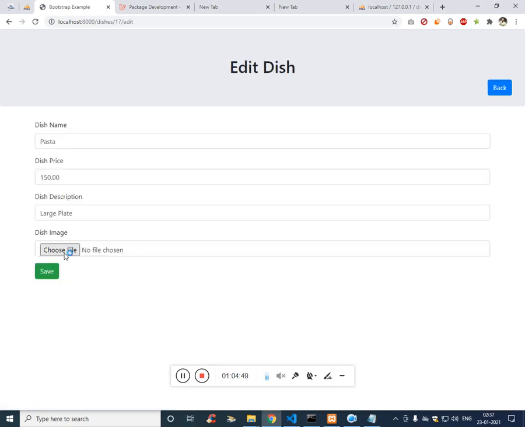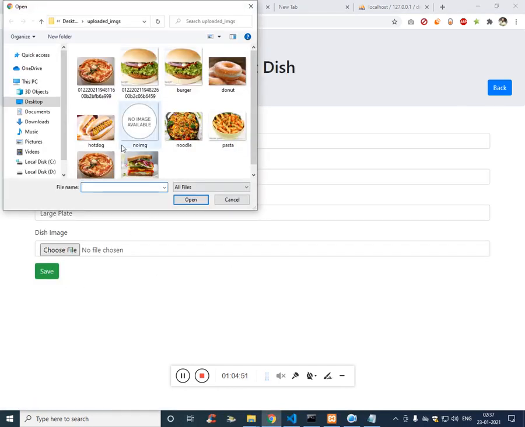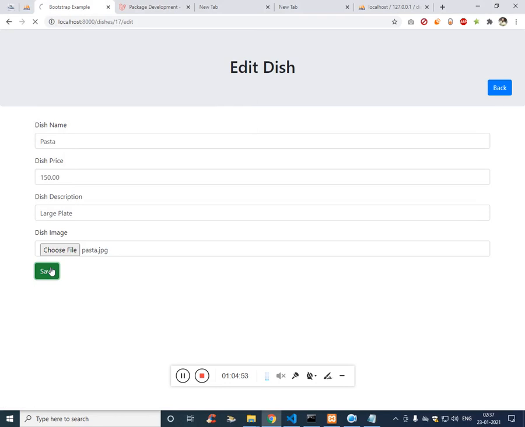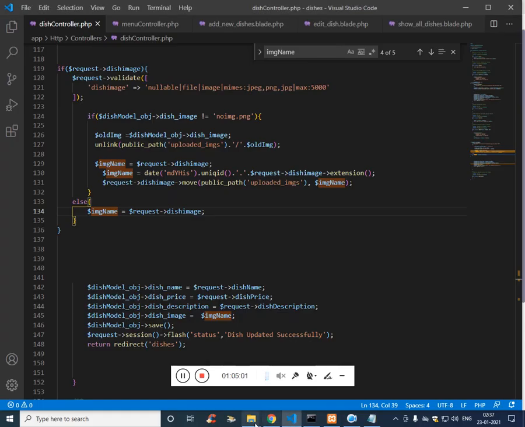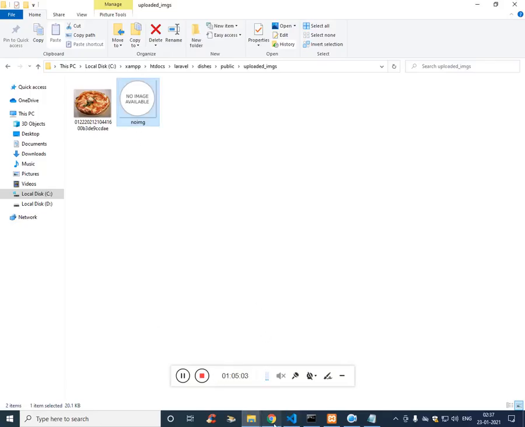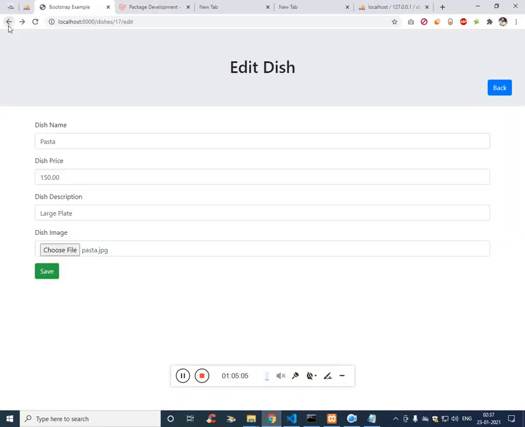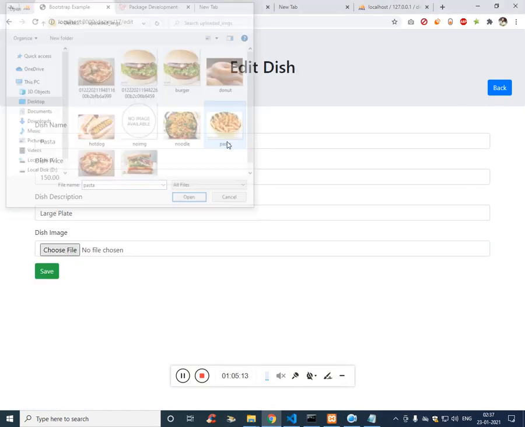Where is pasta? No such file or directory. So let's see, pasta is also not added here. Click on edit, save.